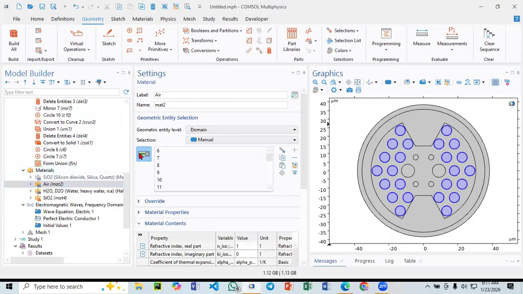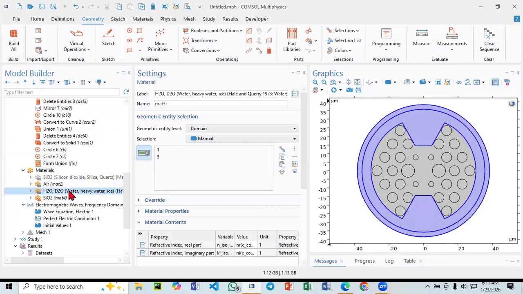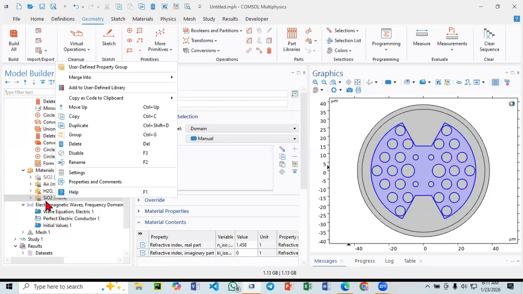Now we have to select the material. Sorry, this all are the air holes. Then we have to select this one as well. This all are the air holes, and then we select it as water, but we don't need to select it as water right now. And this one was silicon dioxide, and it should be silicon dioxide right now, but we don't want to use